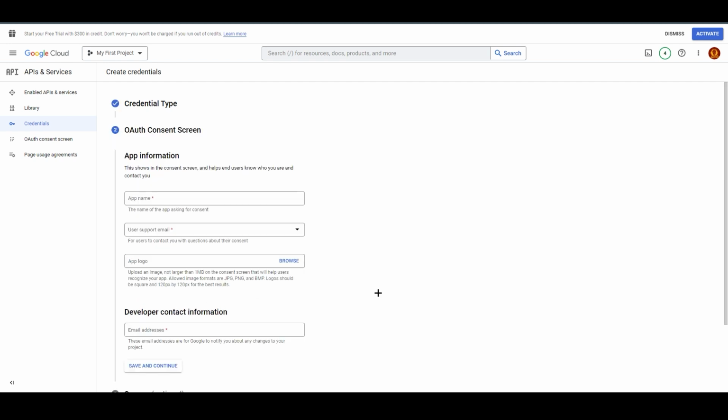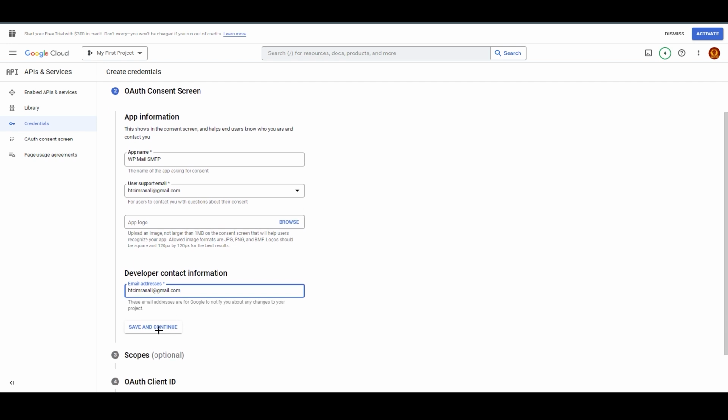Click on that, it will take you right over here. So here we are going to put in information like what application we are going to use and the email we are going to support, all those things will be over here. So I'm going to write down the application name, like whatever, like WP Mail SMTP, and user support email, you can enter that from over here. I'm just going with this one, and after that I'm going with the same one from over here, as you see, Imran Ali,